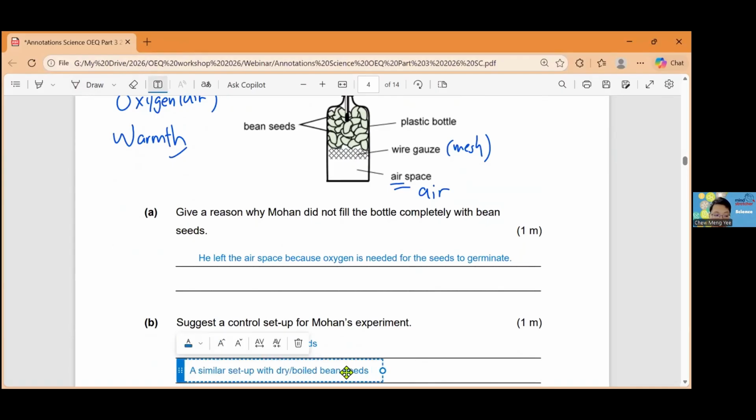So one of you said, don't soak the seeds. Or you put seeds that are dry. Using dry seeds is easier than saying don't soak them. So yes, you can keep them dry, not soaking them, or you can boil the seeds. Boiling the seeds means that you kill them in a way, and therefore, no germinating seeds. So as long as you remove the condition for germination, be it killing them or preventing them from germinating, then that's fine.